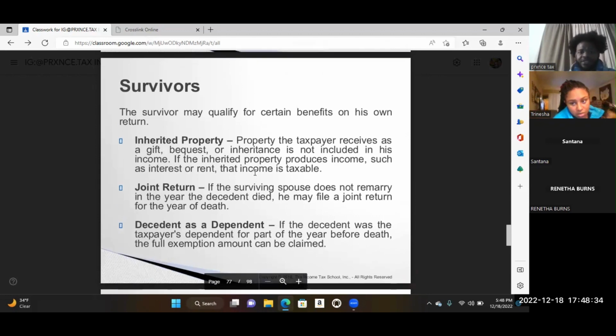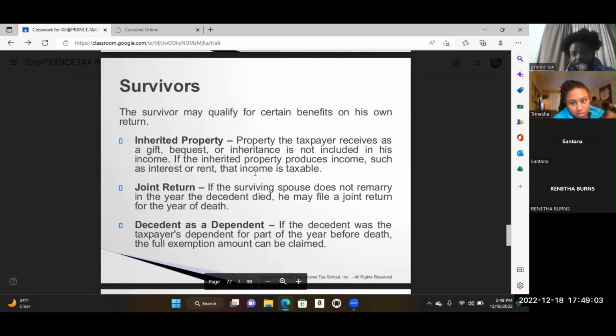All right, survivors. The survivor may qualify for certain benefits on his own return. Inherited property, joint return, decedent as a dependent. All right, this is just explaining that they may have inherited property. If the surviving spouse does not remarry, that's the qualifying widower. Decedent as a dependent. If a decedent was the taxpayer's dependent for part of the year before death, the full exemption amount can be claimed. So say